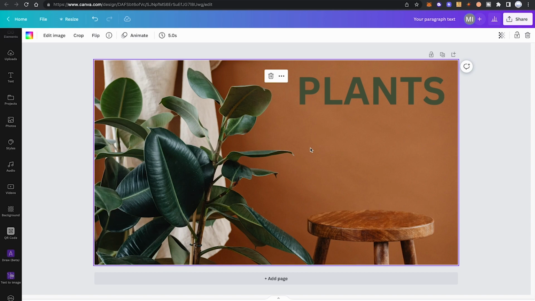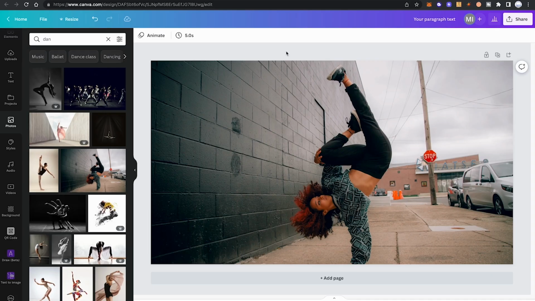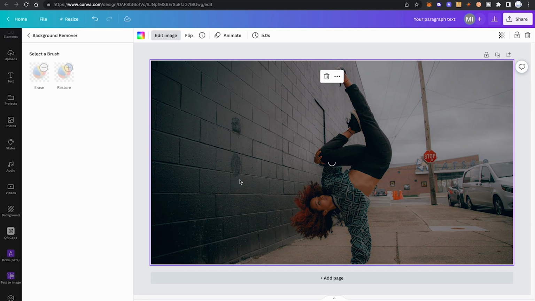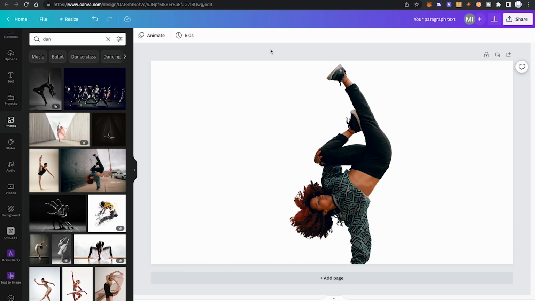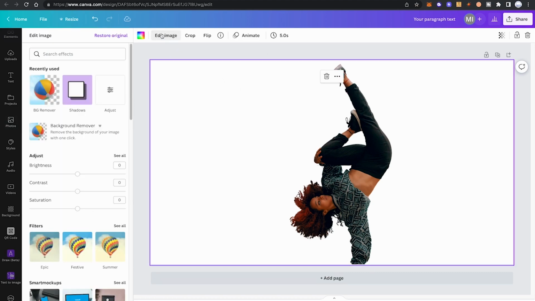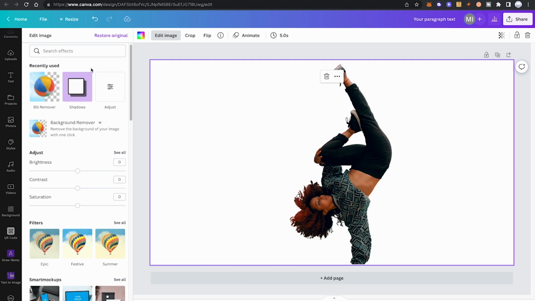theme of our picture. Hack number 7 is outlines created with Canva's Shadows app. The first step to get this done is to click on your image, then go into Edit Image and use the background remover to remove the background. Once the background is removed, make sure your image is selected, go into Edit Image again and then search for the Shadows app. In my case it is situated here under Recently Used, but you might need to scroll down to find it. Once you found it, click on it,